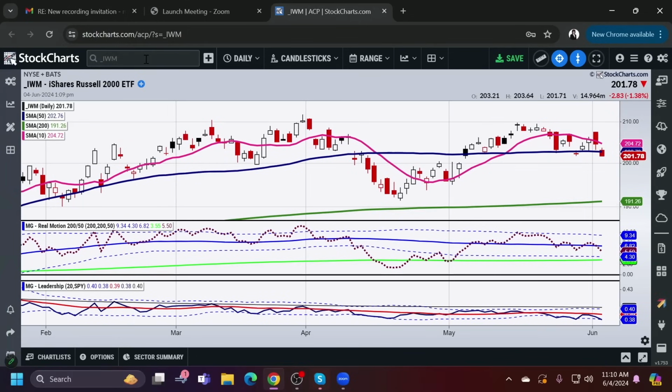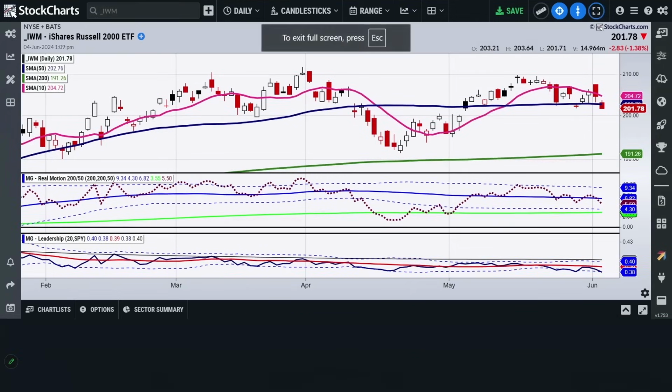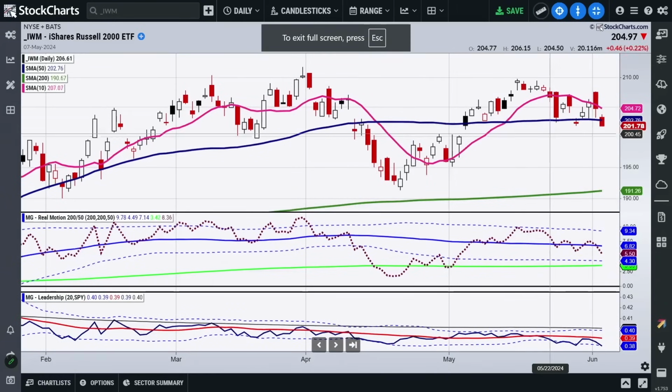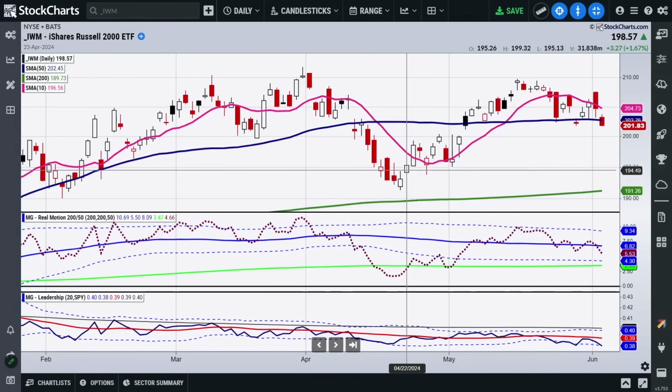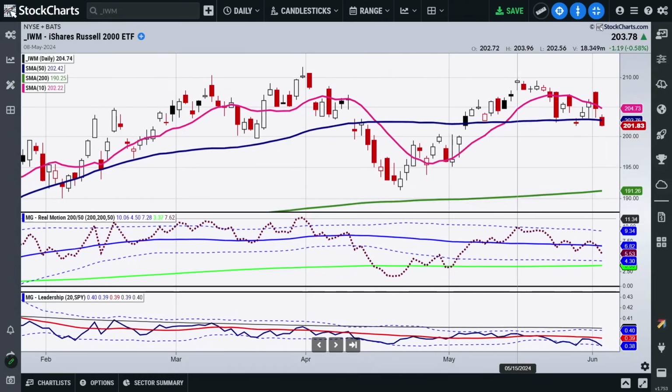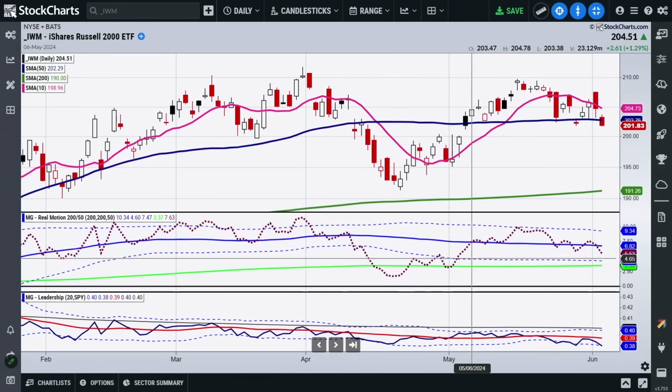So let's get started with my favorite grandpa, Granddad Russell 2000, as we look at the daily chart. Now, as you're looking at this chart here, what you can see is that we have a break today of the 50-day moving average, and that is the first time we've seen the break of the 50-day moving average since we had this gap lower way back in April. It's the beginning of June, but things seem like they're taking forever. What's so interesting about it this time was that the momentum, which had really crashed, had the mean reversion, which turned out to be the bottom of the market.